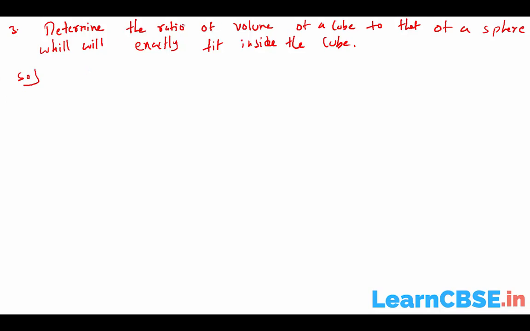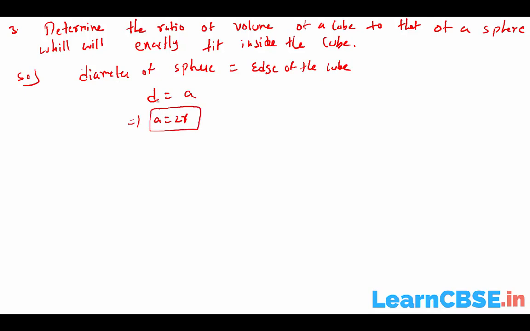So the sphere should exactly fit in the cube. In that case, diameter of the sphere must equal the edge of the cube. That means D equals A, the edge of the cube. Then A should equal 2R, where R is the radius. Therefore, the ratio of the volume of the cube to the sphere means